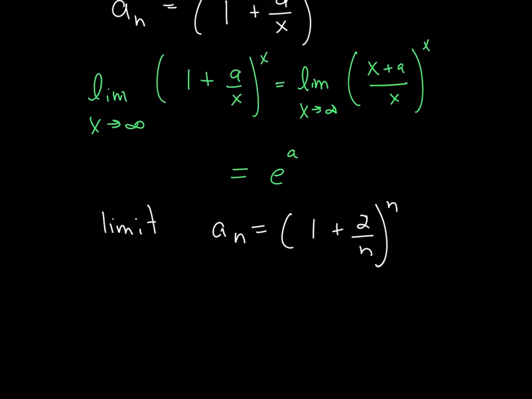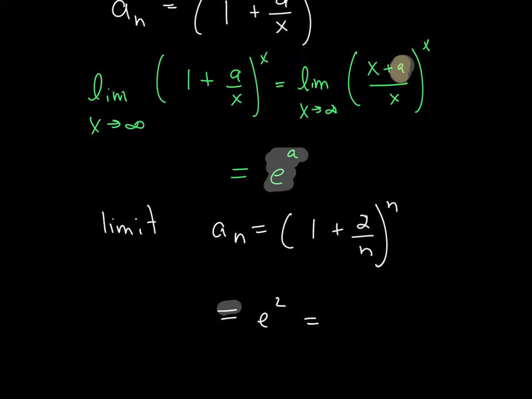Based upon the limit that I just showed you, this should equal e to the a. And in this case, the a in the formula is just 2. So this limit does indeed just equal e squared,